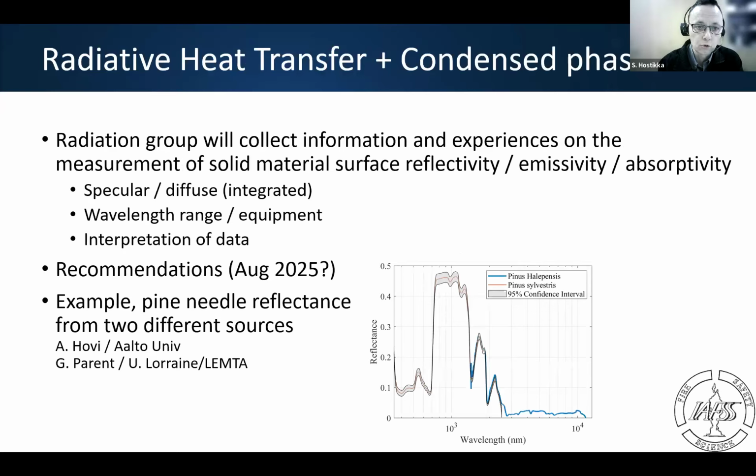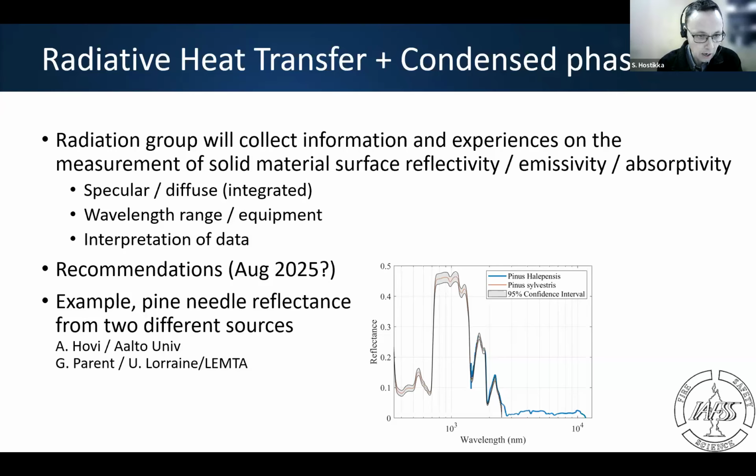And because this is closely connected to the condensed phase process modeling, heat transfer modeling, we hope to be able to provide guidance on how such measurements should be done so that they can be used in the condensed phase modeling, and also now to collect some database of the pine wood spectra.